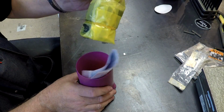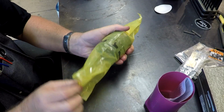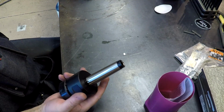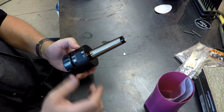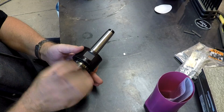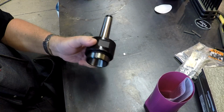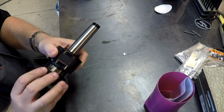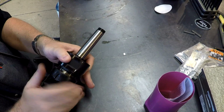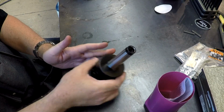I bought a while back an ER40 collet holder for the big mill, and I've used it extensively. Because of that, I have been wanting an ER40 collet holder that I could use in the tailstock of the lathe. ER40 collets are great work holding devices, and they've got a wide range. With one set of 20 ER40 collets, you can cover what you could hold with probably 60 5Cs. So this is a Morse Taper 3 version here,